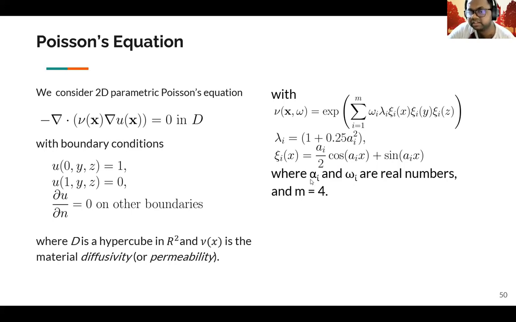Depending on how many terms you use in this Karhunen-Loève expansion, in this case we're using 4, you could use 6 or 8 or anything, that gives you different diffusivity maps we would be using for parameterizing nu. So in other words, this is a parametric PDE parameterized with different nu values defined by this Karhunen-Loève expansion, or KL expansion, KL sum.